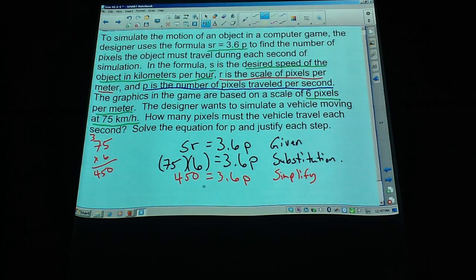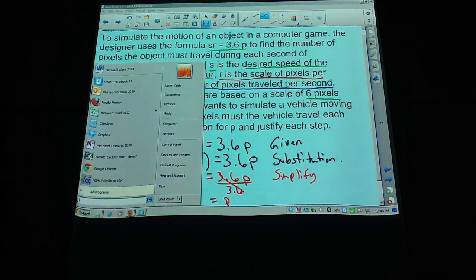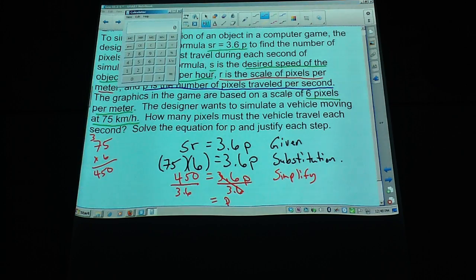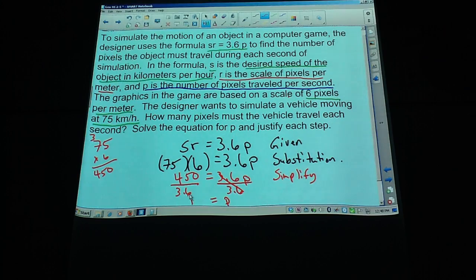Alright. Well, to finish solving this, it looks like I need to divide by 3.6 to undo multiplying by 3.6. So it's going to cancel out over here. And I'm going to go ahead and go to my answer here. But I'm going to go ahead and break out the old calculator real quick. So I'm going to have 450 divided by 3.6. And it looks like 125 would be my P,